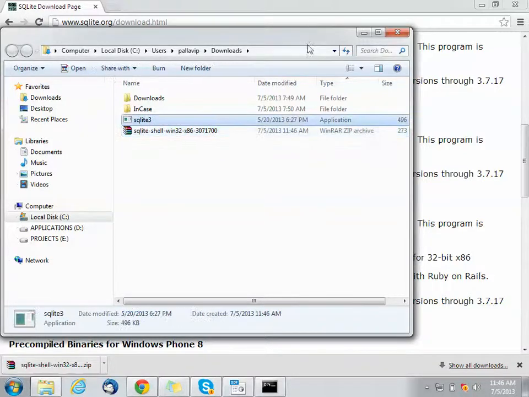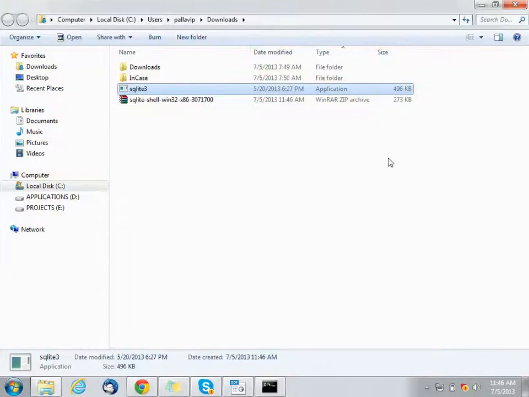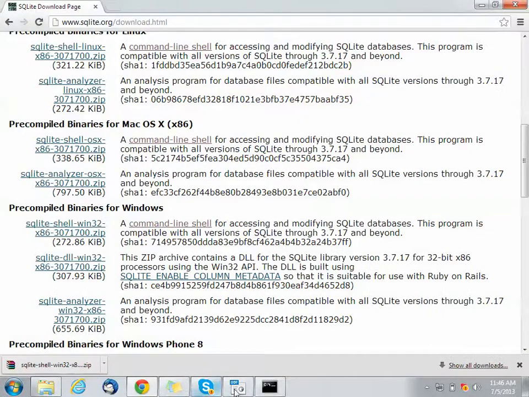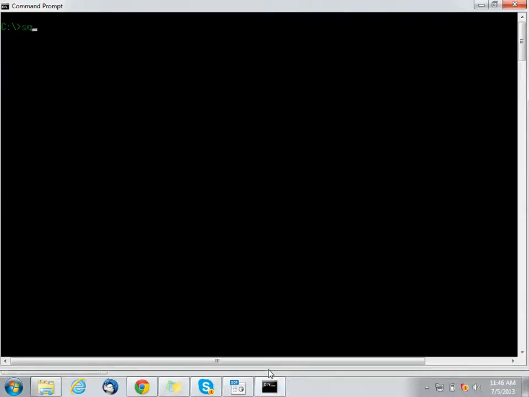And this is all what you need to create databases and work with your database. It's a 496 KB file. I'll show whether it's installed in my system or not. So right now it's not installed, okay?